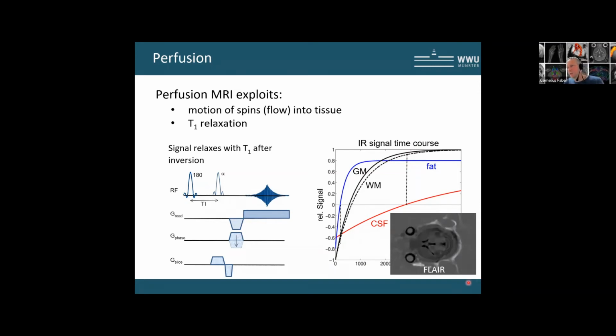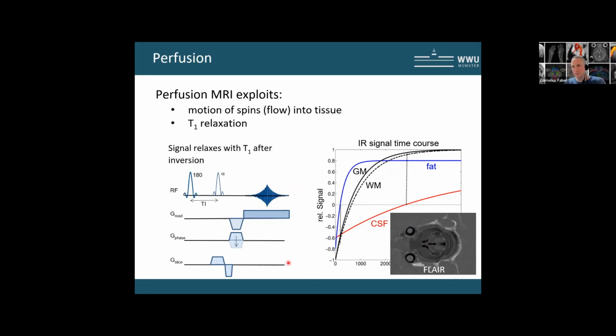And then you can do this FLAIR sequence where you null the liquor signal. So this is a mouse brain here. The black is the liquor, and it's nulled by this fluid attenuated FLAIR sequence. But this is not useful to measure perfusion. But it's important to remember that we have these different degrees of relaxation